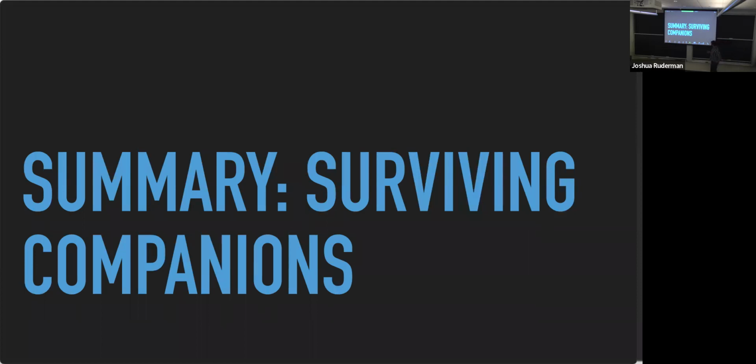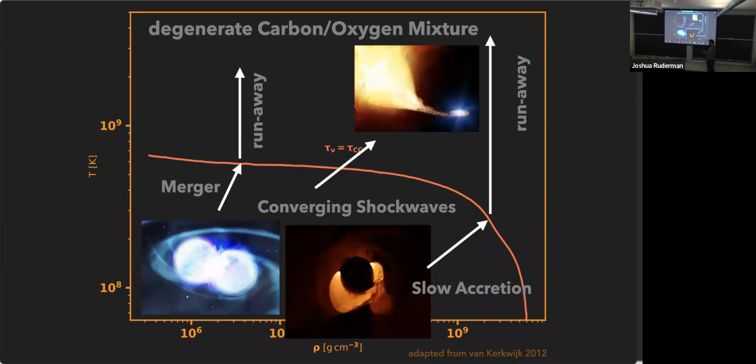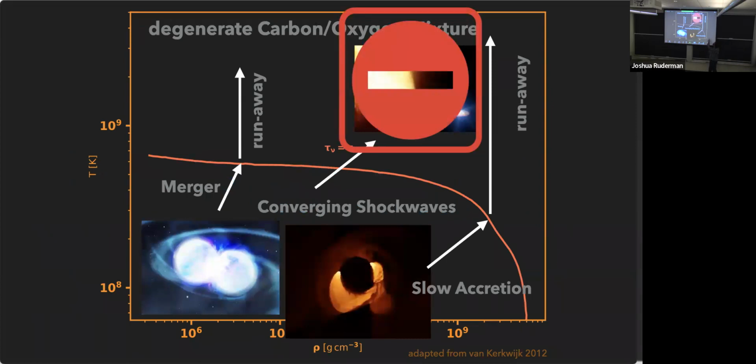Summary: surviving companions. Sorry, got sidetracked. Essentially, we're converging: the classic scenario for remnants in the Milky Way seems to be ruled out. We've never found a really unusual star in any of these remnants. And for at least one remnant, this scenario seems to be unlikely. You can argue the simplest hypothesis is that all 1As are the same, or at least all cosmological 1As are the same.